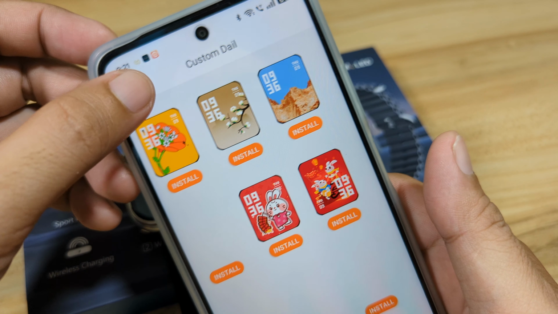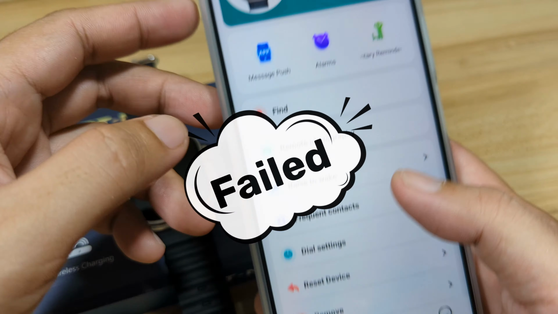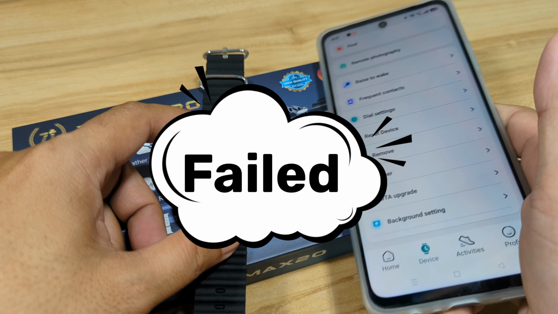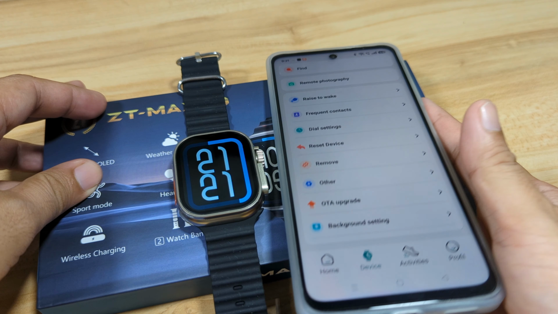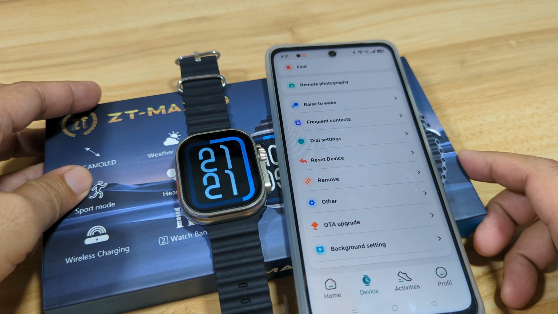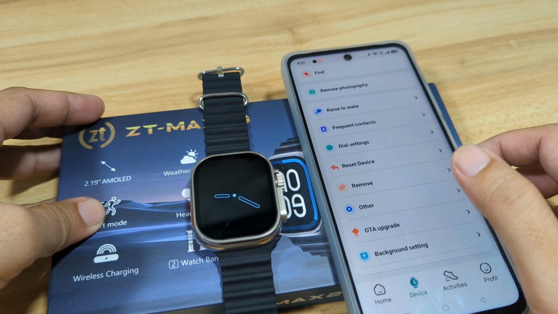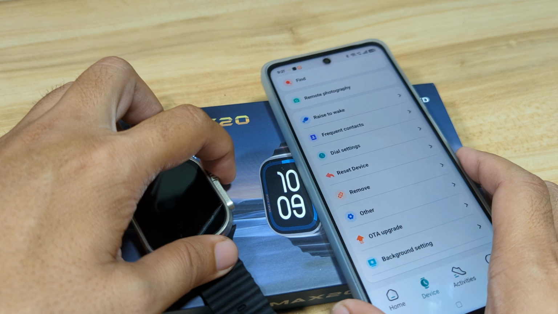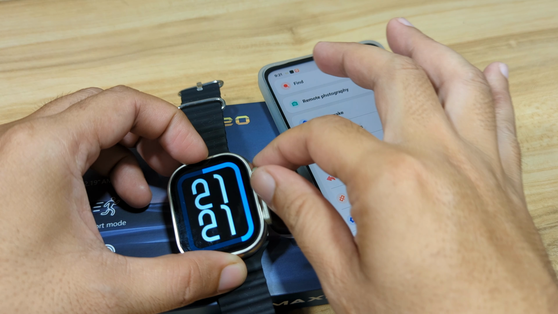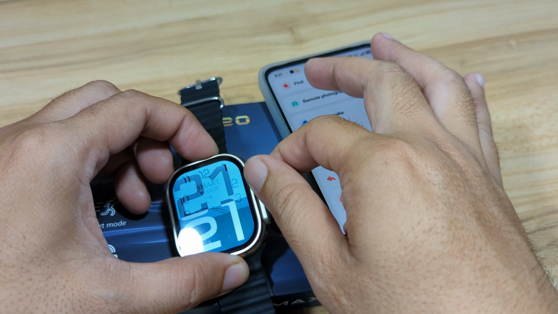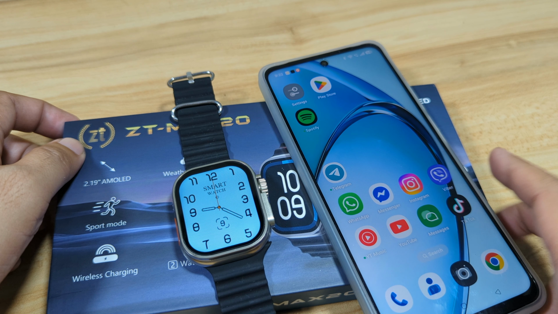So that's it for our demo for the dials. Very disappointing feature of the ZT Max 20 smartwatch. I'm going to test it with another smartphone. Let's see if it will work. But so far, with our smartphone, we are using an Android smartphone, we failed to download a watch face, and a custom watch face, as well as a watch face from the dial management.